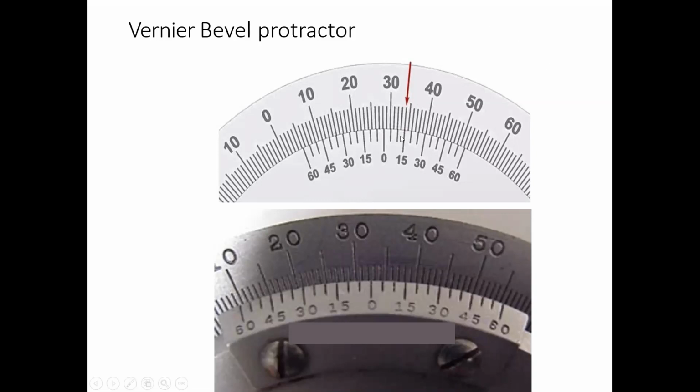For the vernier scale reading, the main scale is rotating in the clockwise direction, meaning the figures increase clockwise. Therefore, you have to use the rightmost vernier, from 0 to 60. Here, this 15 exactly coincides with a main scale division. Therefore, you take 15 minutes as the vernier scale reading. So 28 is the main scale reading, and 28 degrees 15 minutes is the reading for the given fixture, right?